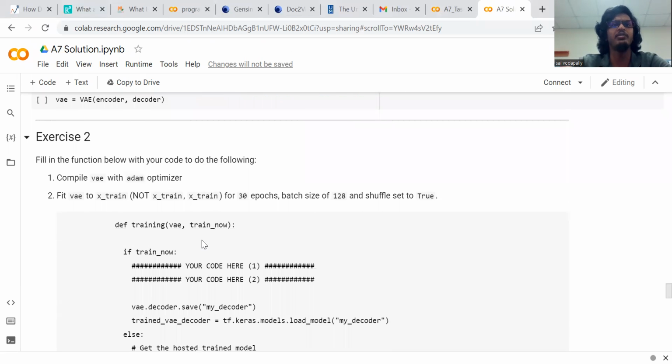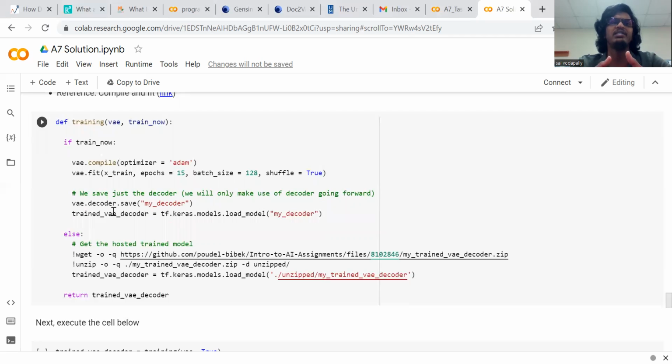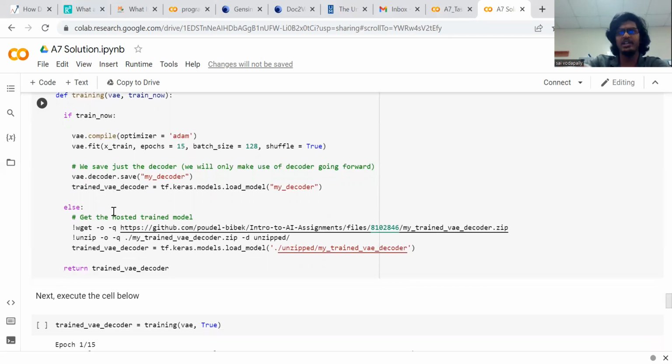Now we're going to implement a function called training. So let's say if I want to train the model now, and I give the model VAE and say, okay, train my model now, then it's going to train the model based upon the parameters here. We are compiling it using the optimizer Adam and setting the epochs to 15, batches to 128, and shuffle as true, using the extract samples. But the problem is it's going to take a lot of time. So in this case, we are asked to use